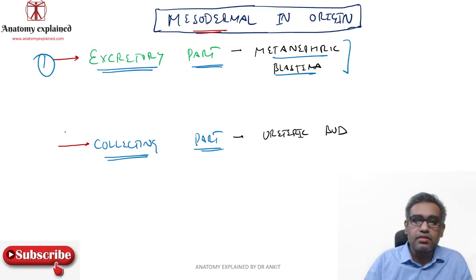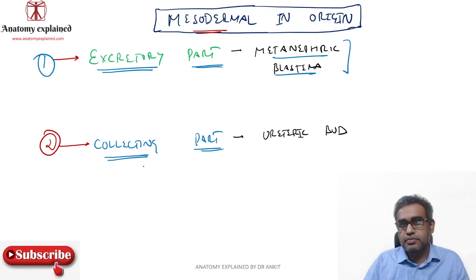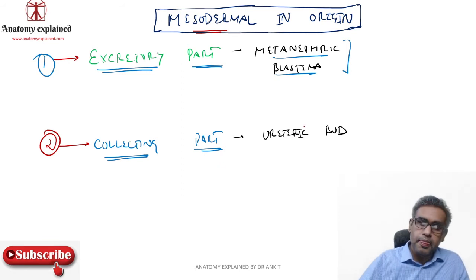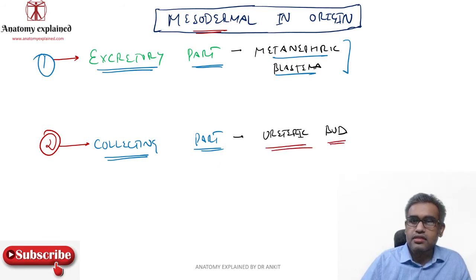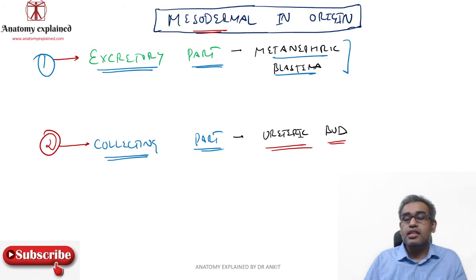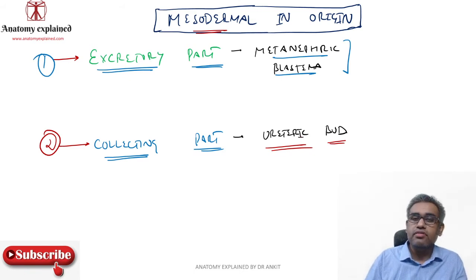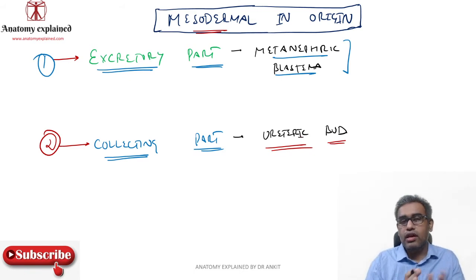Not just this, even the second part, that is the collecting part. Now the urine has been formed by secretion and ultrafiltration, and now it will be collected in the collecting part. That collecting part is embryologically coming from the ureteric bud, which is a bud coming from the mesonephric duct. So this is again a mesodermal origin. Okay, so few parts of this collecting part, not just the ureter, but other parts like the renal pelvis and the calyces, will be lying inside the kidney. So we are going to see what these are.